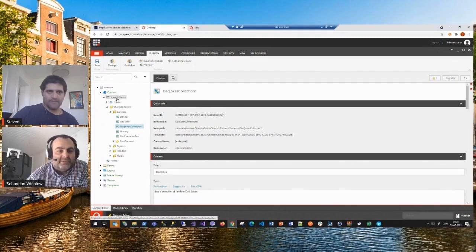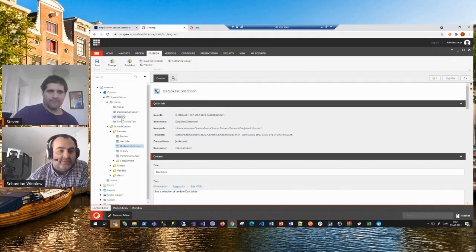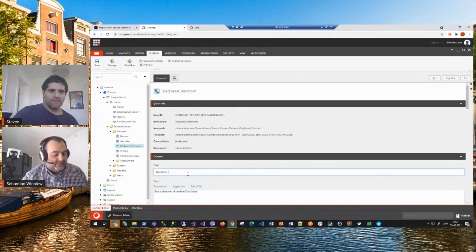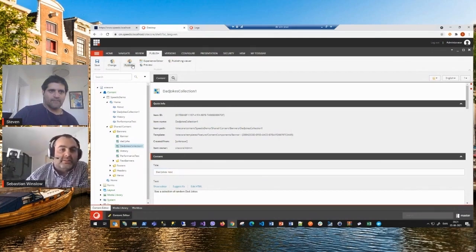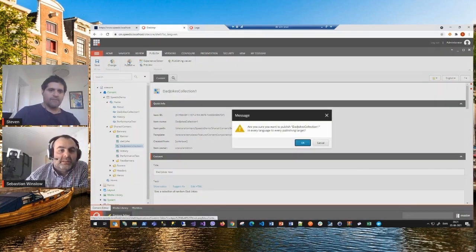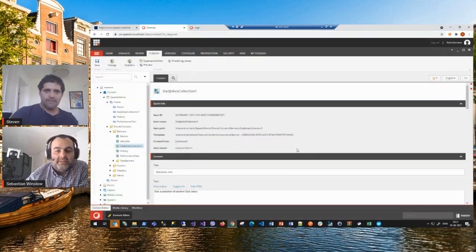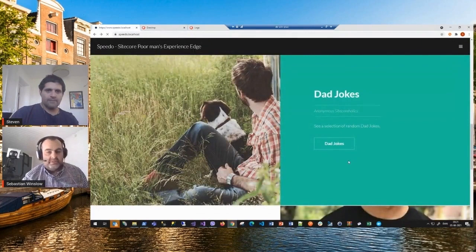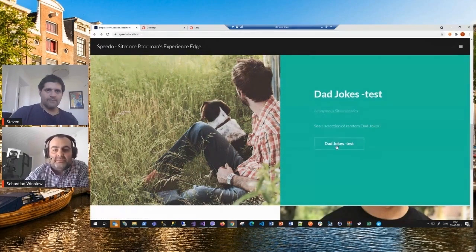Inside of Sitecore, it's structured in a couple of pages, and then we have some banner components below, and I can change content. Let's just do it here. Put test on it. I can publish it, and everything seems to be quite normal. Out here we should see that the change has come and all good, but this could of course just be me sitting and showing you what happened